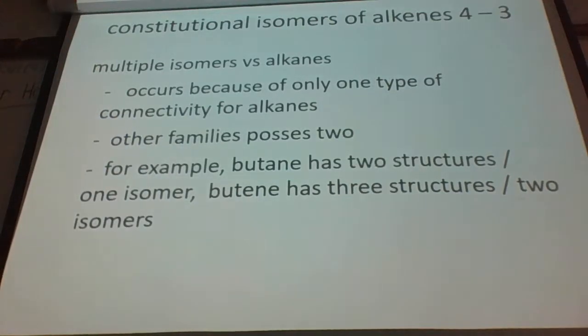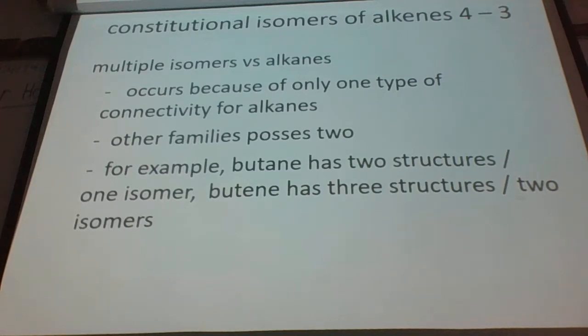Okay, so as we proceed further in this chapter, one of the last things we talked about is why is there more isomers for alkenes than there is that of alkanes? Yeah, you can move that double bond around. So that's what we're talking about here. For example, butane only has one isomer, that being 2-methylpropane, but